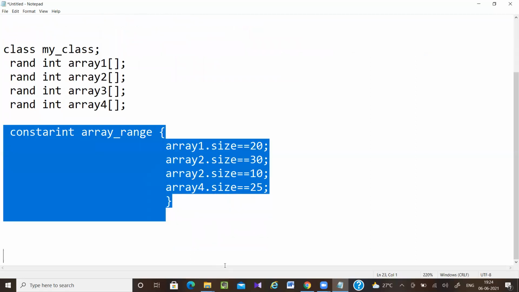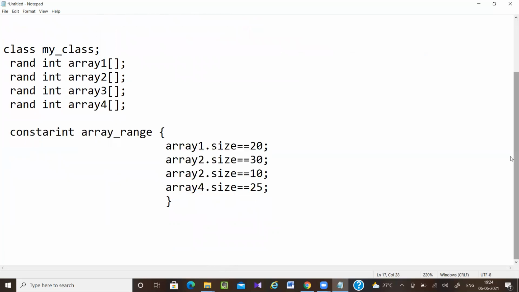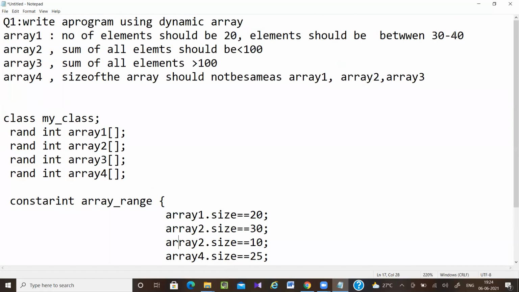So now this is for the constraint on array size. Next I have to mention the elements: array 1 between 30 to 40, array 2 sum should be less than 100, and array 3 sum should be greater than 100.